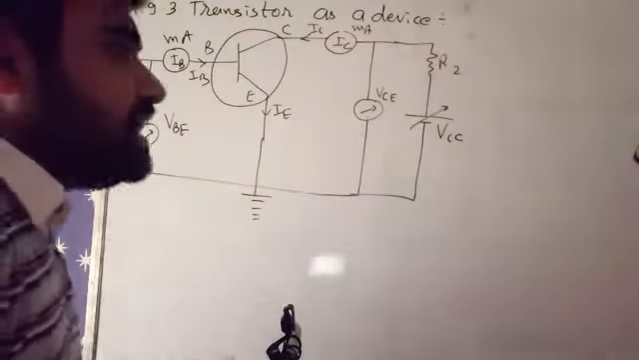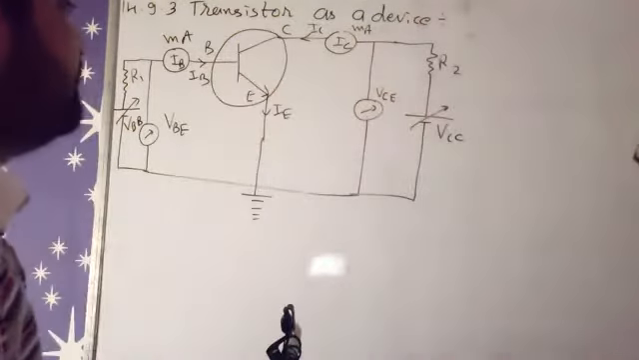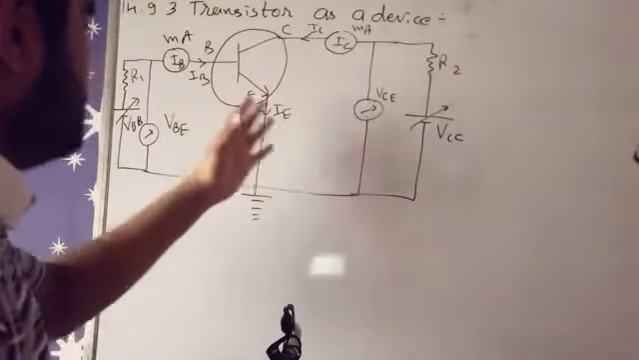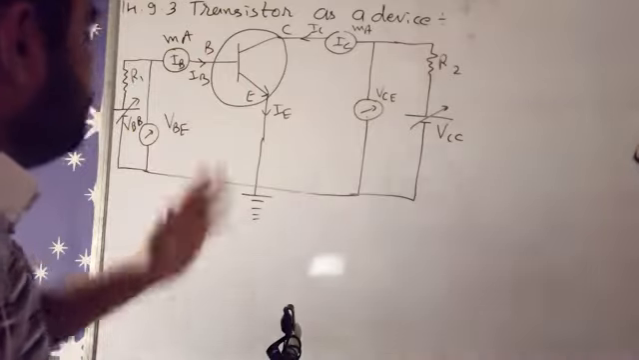Now this is an NPN transistor. So in an NPN transistor, current is in this direction, right? Now we know that IE is equal to IB plus IC, correct? So here